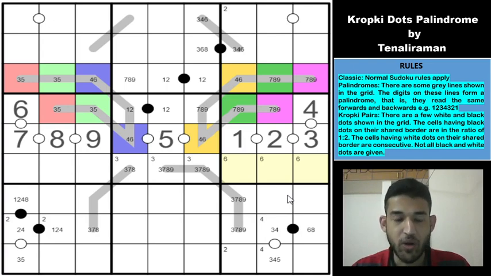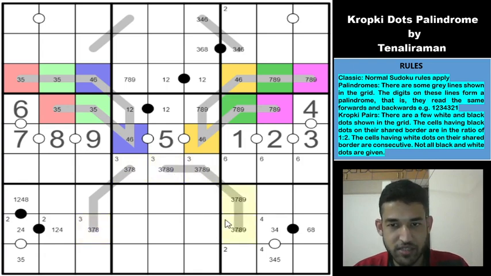Okay. Wow, this is just an amazing deduction, guys. I'm not sure if that is the only way to continue here, but this is just an amazing deduction. We just marked 3 in one of these cells, right? I was looking along that angle. So 3 must be in either these two cells or this cell, right? Because of the presence of 3 here, and due to the palindrome rule, if you have a 3 here, this will be a 3. And if you have 3 in any of these cells, then these two cells will have a 3, right? So what it does is that you can't have a 3 here now.